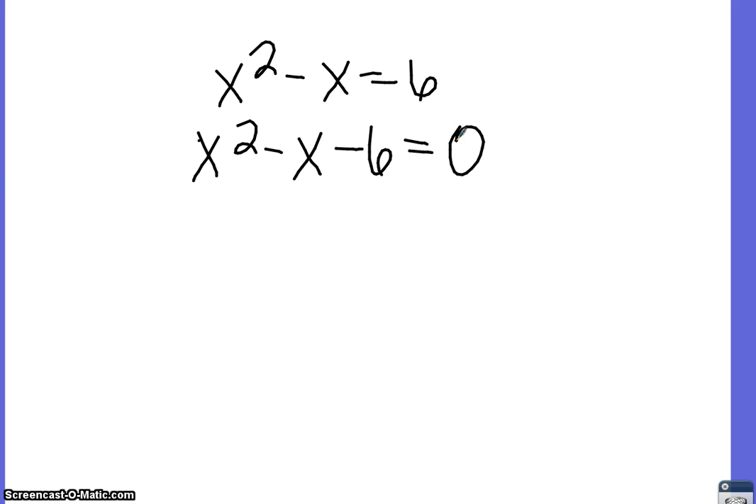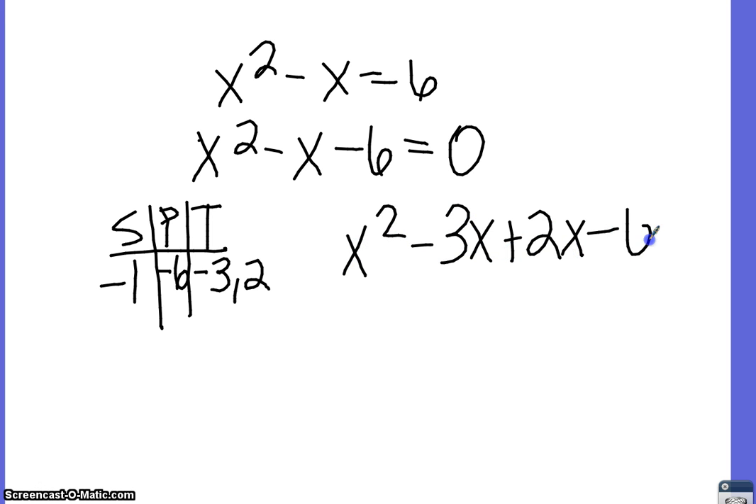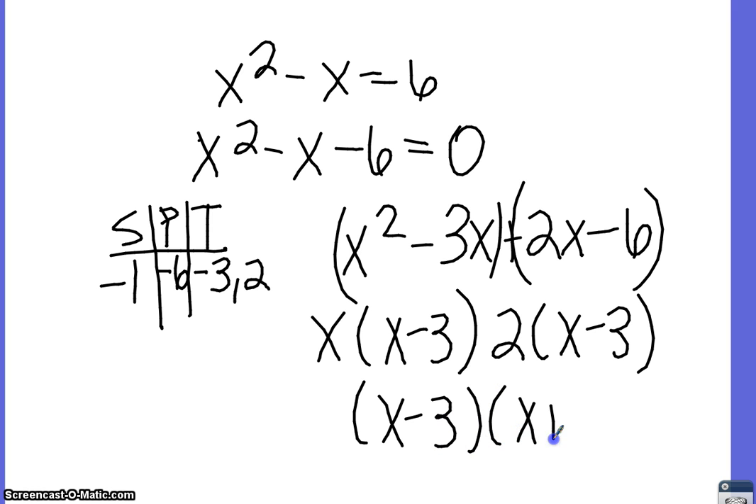Once I have it equal to 0, I'm going to do SPT. So when I have SPT, guys, I have a -1 for my B term, and I have -6 for my P term. So I need to find 2 numbers that will multiply to give me -6 and that will add to give me -1. When I rewrite my equation using those 2 terms, then I'm going to group, and then I'm going to factor. So I factor out an x here, and I factor out a 2 here. So my 2 terms become x minus 3 and x plus 2. Now what it tells me to do is set it equal